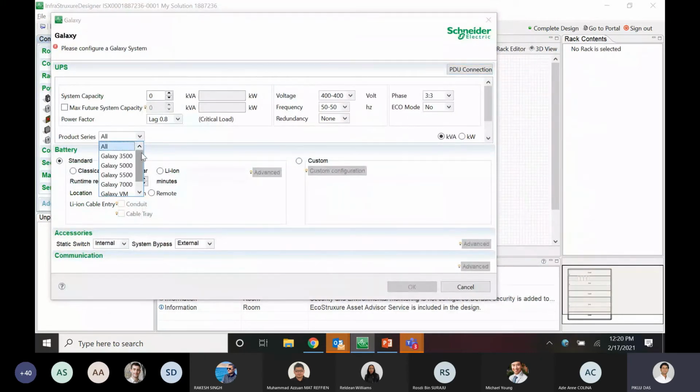In ISX designer we have stopped integrating the latest Galaxy offers because that is getting built in our three-phase UPS configurator. So you can see only the very old Galaxy products right now. But Galaxy VM is still a latest one which is still relevant in ISX designer.